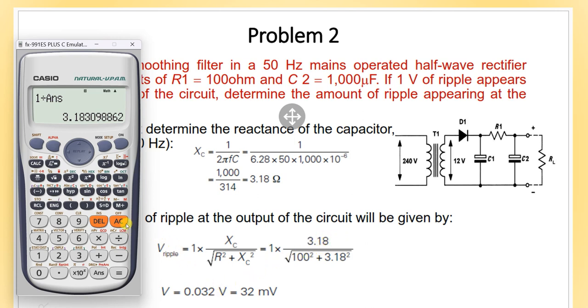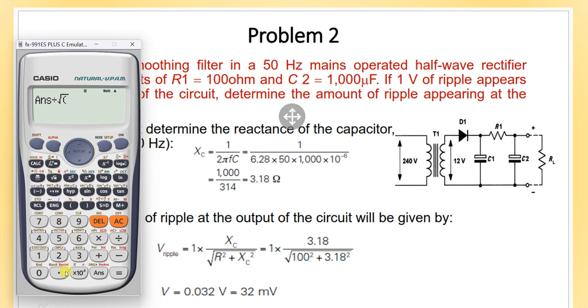The ripple voltage is 1 volt. So first 1 into 3.18, divided by root of,